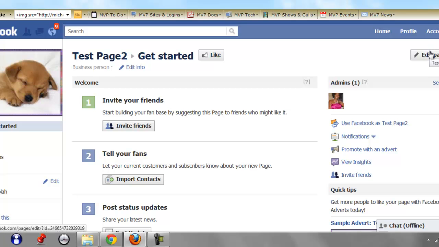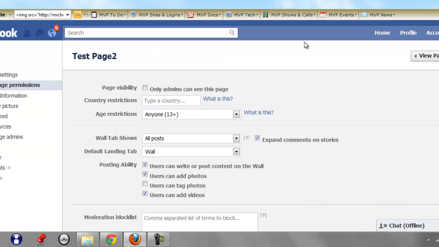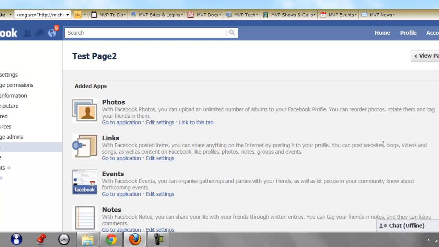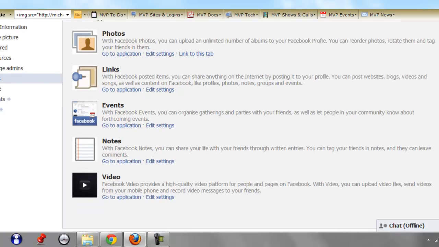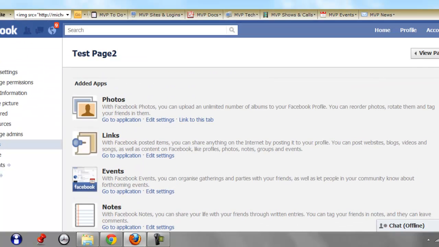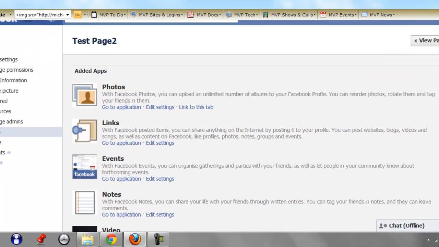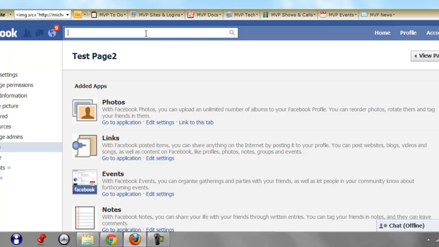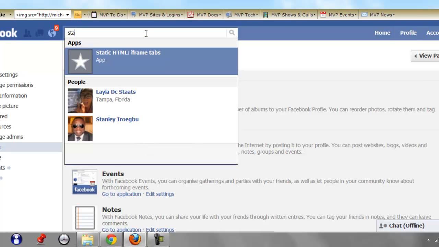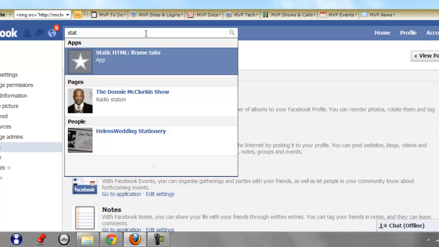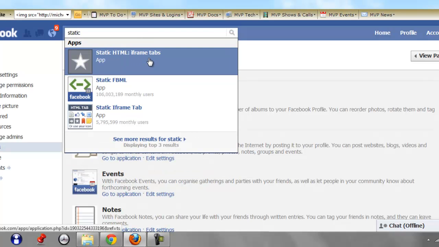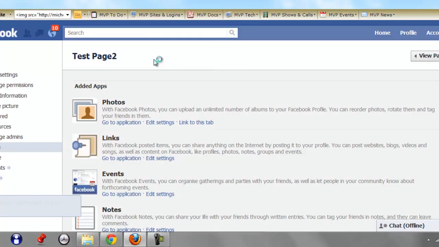So you click edit page. Okay, what we're going to need is an app. So you click on apps here and look and see if the application is already in your drop down menu. So if it's not, you're going to have to click on here, and we're looking for static. Here it is here, the static HTML iframes tab. So you click on that,